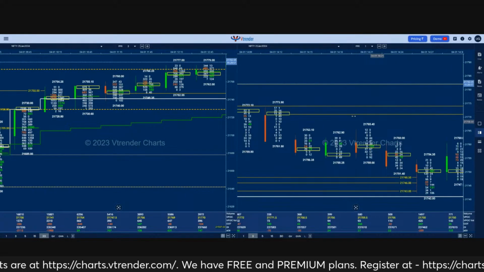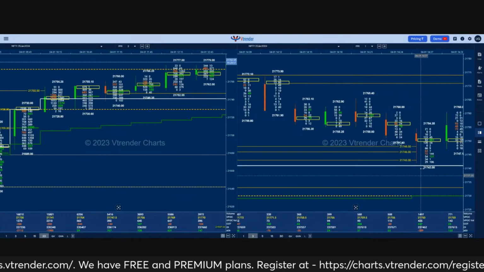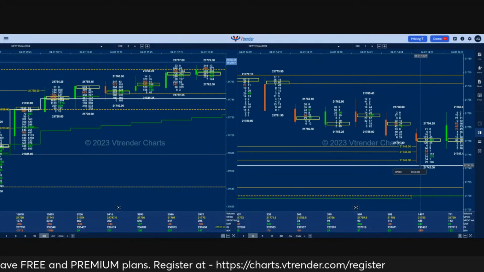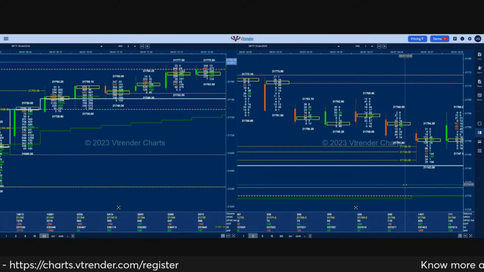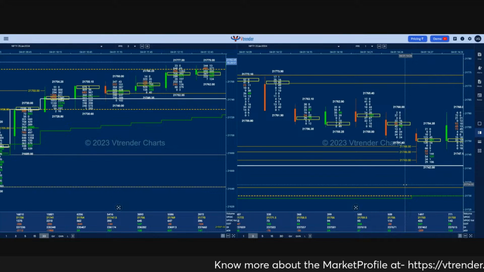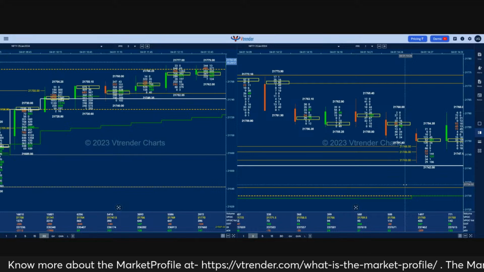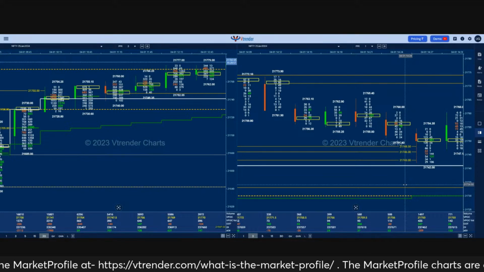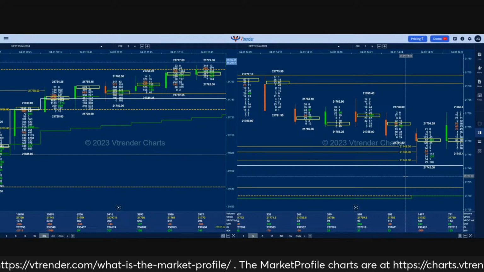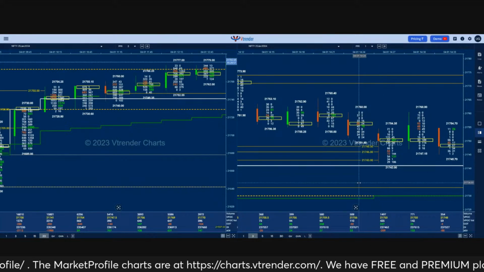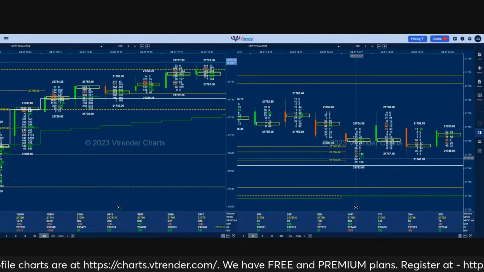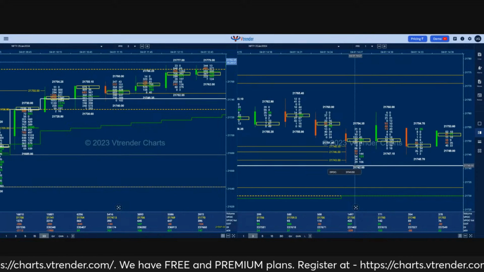So we are probing on the downside, and here this bold white line is the POC of the day, the developing POC, and this green is the VWAP. So if you are biased on the long side, it is important for the auction to remain above the VWAP and the POC of that day. So that is telling you that the buyers are in control. And if the buyers are in control, they can make a push further up on the upside at any point of time. But for that, whenever you're getting a dip, you need to make sure that those buyers are defending that level. So here you can see we have got this 1497 bar, and